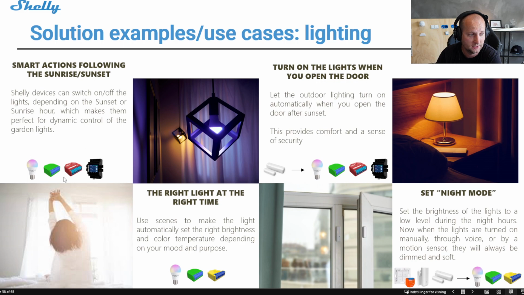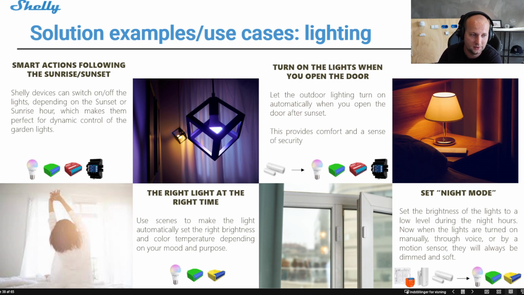This is just some example of some devices. So for example, when the sun goes down, you can make your outdoor light turn on and again turn off after 1 hour if you want to do that. I like this right light at the right time. You can use it in different kinds of ways, but I am, for example, using it in my kitchen. So when I am about to cook, because I'm the one who cooks here at home, I press the cooking button